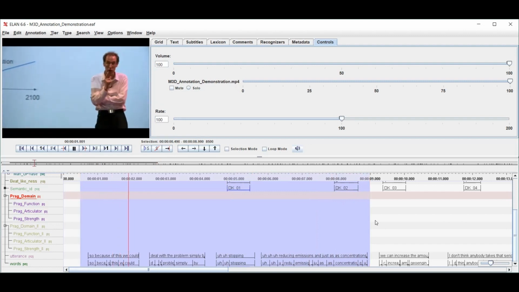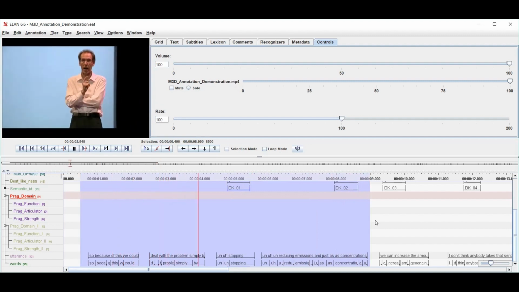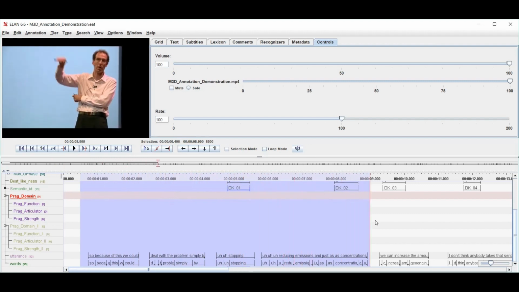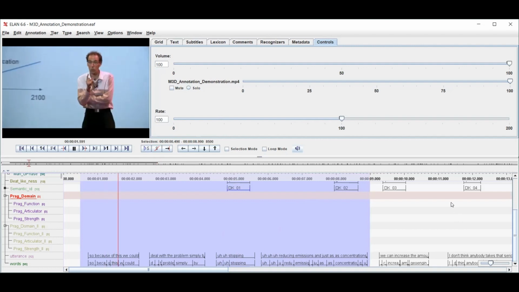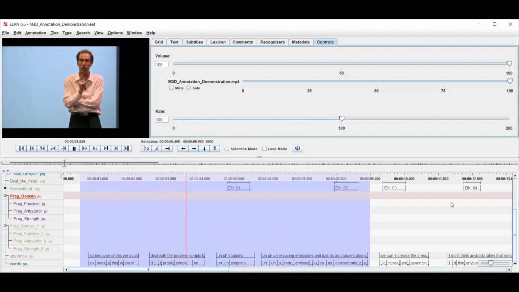So because of this, we could deal with the problem simply by stopping reducing emissions, and just as the concentrations go up. Right, so we didn't have that first gesture unit that we saw some gestures and that weren't annotated there. Like I said, we're just going to look at this with stopping, right? So we're just listening to the first part for context, and I'll play it one more time. So because of this, we could deal with the problem simply by stopping reducing emissions, and just as the concentrations